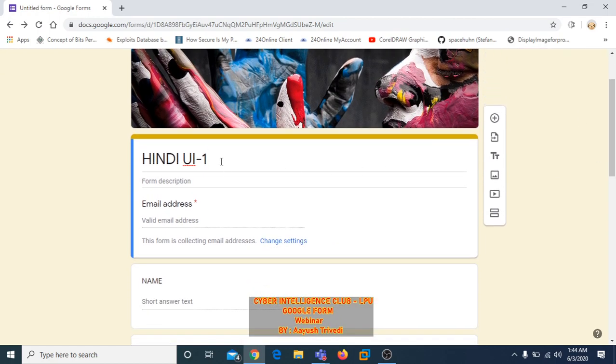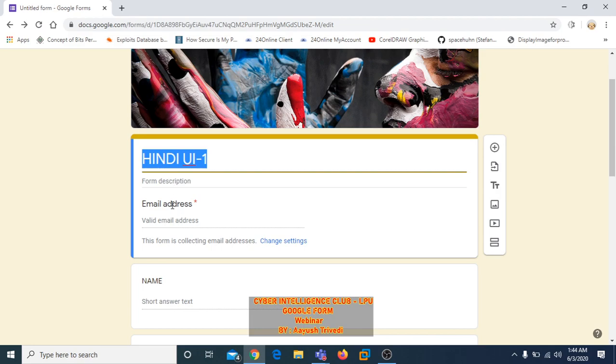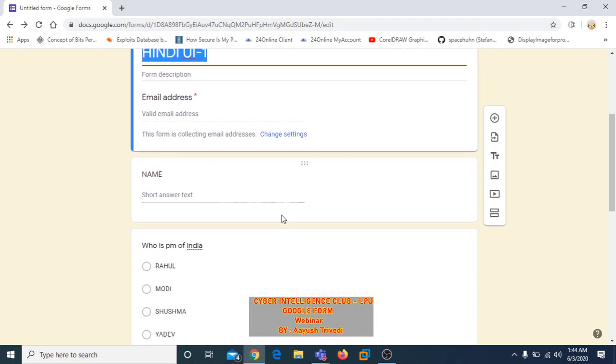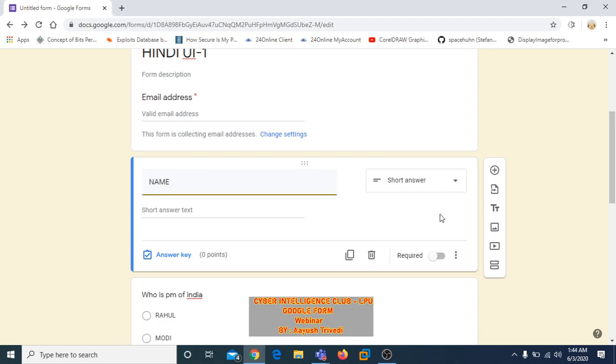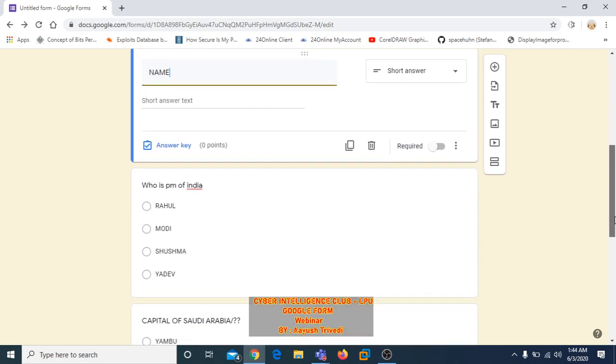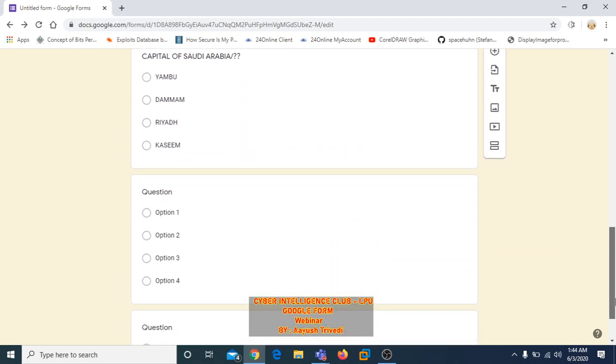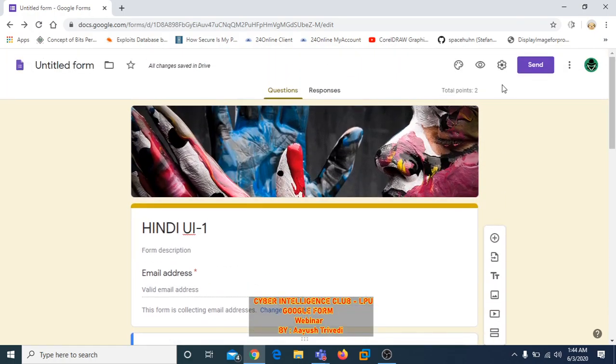Then it will show the title of it. Then it will ask for the email address. This email address will be automatically collected as your student's login into his or her Gmail account. Then the name will be asked, and then these questions. And to see the preview, you can click here, as before taking the printout,